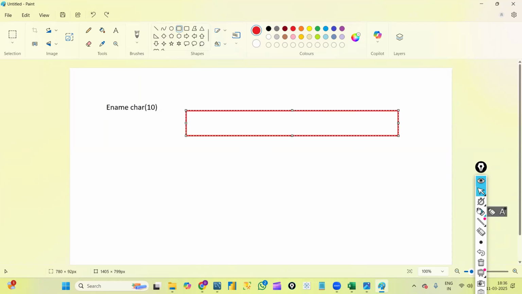Okay. So here what I did actually, let me use this only. I gave the column name as employee name. For this, I just used char as a data type and I gave size as 10, right? Let me take one box here and divide this into 10 different parts because I already took the size as 10. So 1, 2, 3, 4,